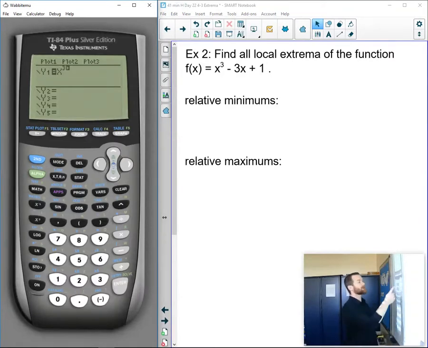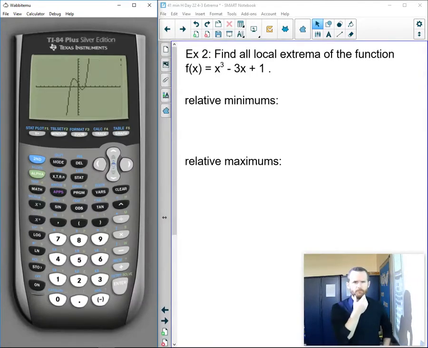And now I don't want to keep typing in the exponent, so I have to hit right to get out of the power. And then I'm going to hit negative 3x plus 1. And we're going to graph it. And there we go. So I actually see a relative minimum and a relative maximum here